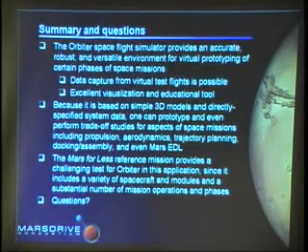So Orbiter gives you an accurate, robust, and very versatile environment for virtual prototyping of some phases of space missions. You can capture data from missions. You get excellent visualization and educational benefit from this. Because it's based on simple 3D models, you can do this type of thing quite early in the design process, and you don't have to have a detailed CAD model. You just have sort of a shell of a model,